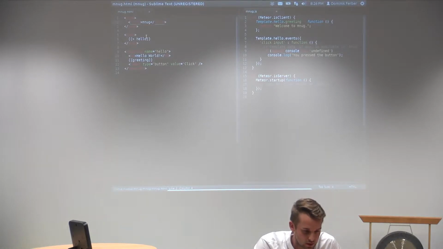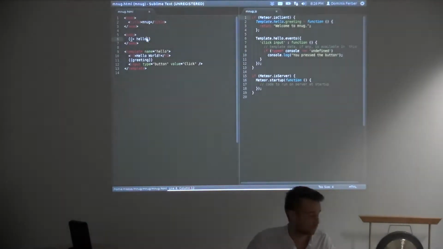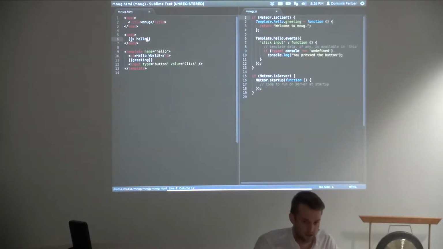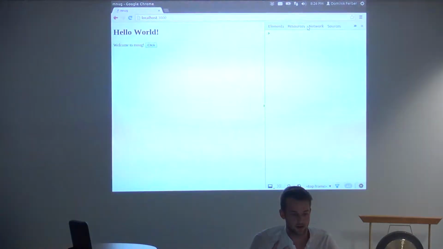You see that in the body tag we render the hello template, and the hello template is defined here, right? And this is handlebar syntax. We've got a greeting, which is a function, and the function is called on this side, and defined on this side. And if we change anything in the code, Meteor actually will refresh every client that is currently